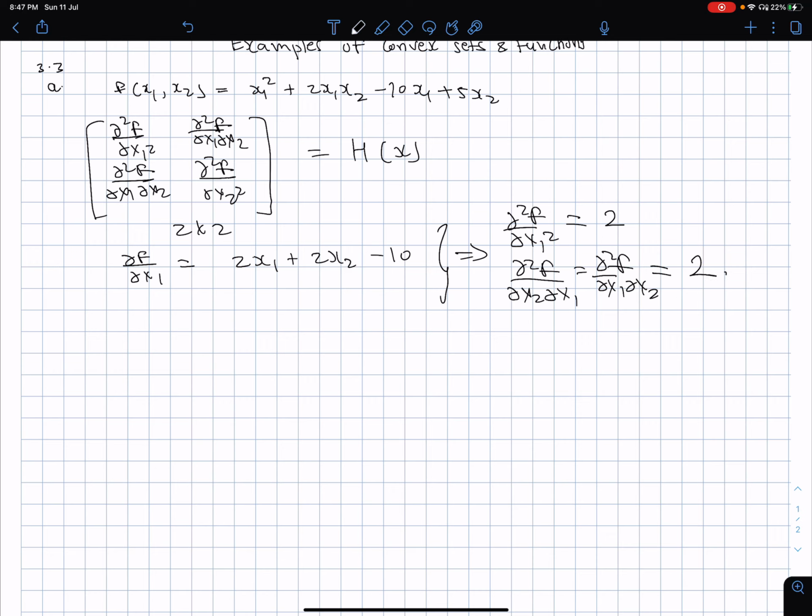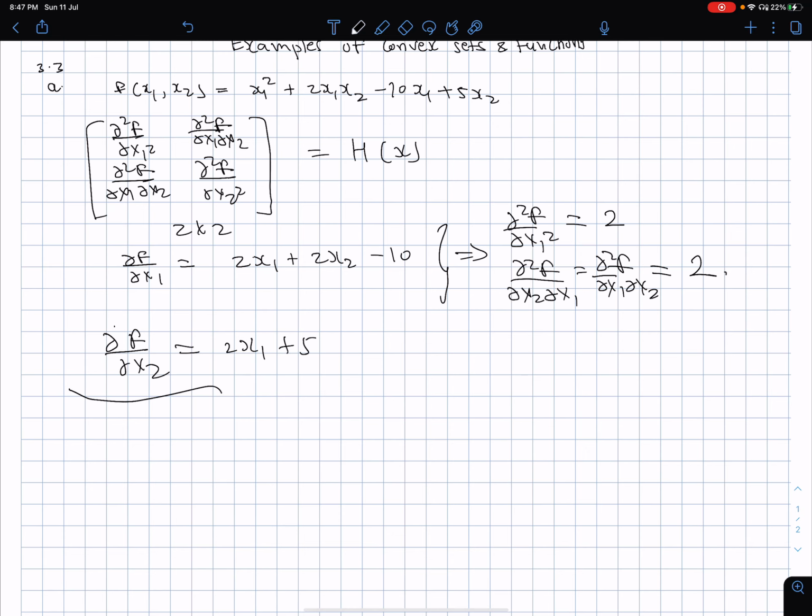Okay, so now what did we get? We got two twos. And now if you look at del f with respect to del x2, because I need to calculate this one also, there is no partial derivative from the first term. From the second term 2x1 will come, nothing from the third term. From the last term 5 will come.